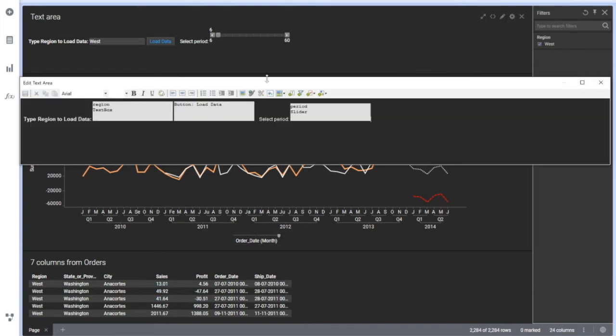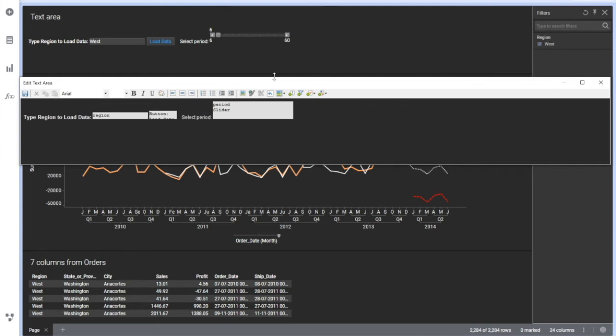And if I go back to the text area, here these are the property controls. So you got labels. Now let's say select period or region. So I'll say selected, or let's say I'll say data loaded for which region, we know that. Okay, so I'll say label just to help you understand what a label is.